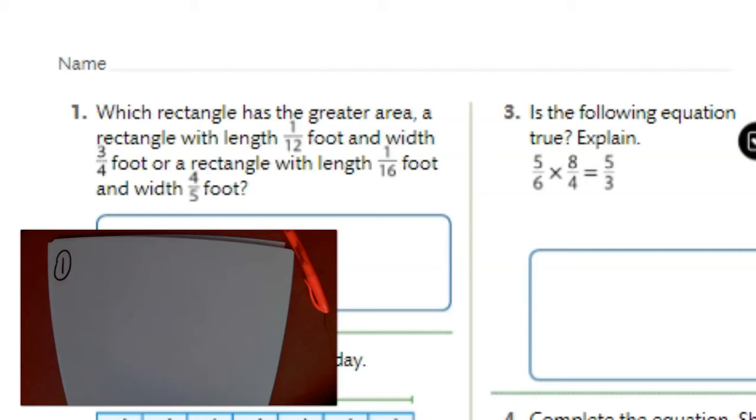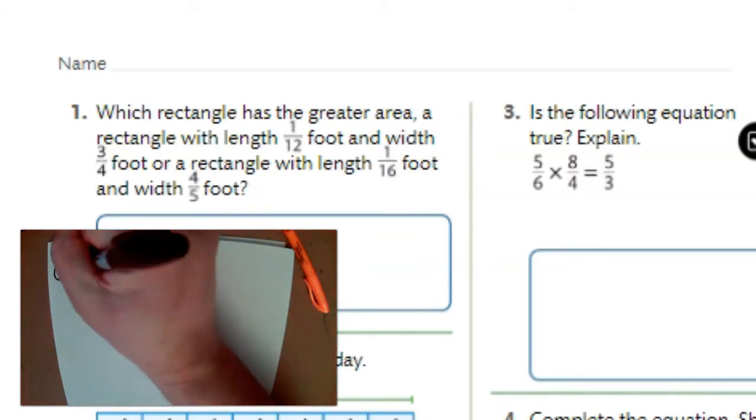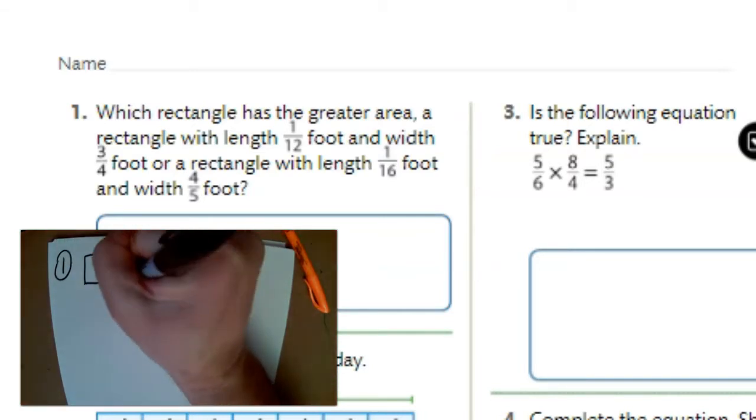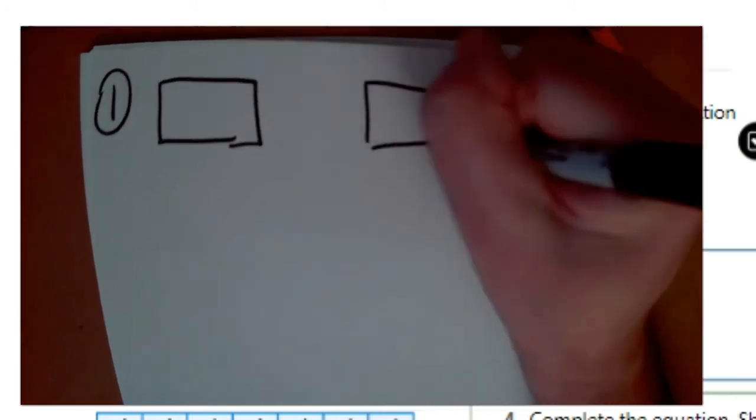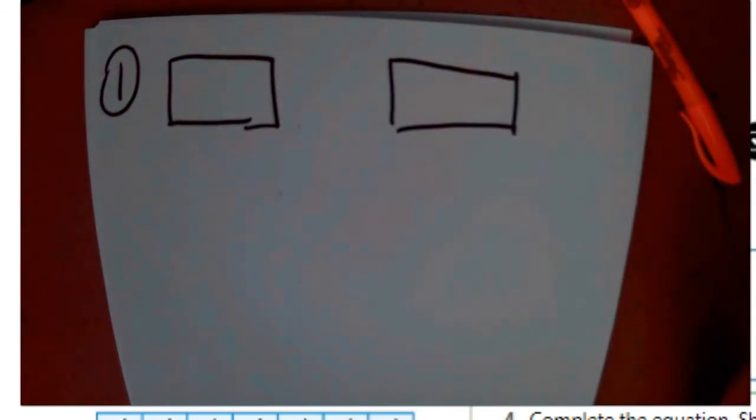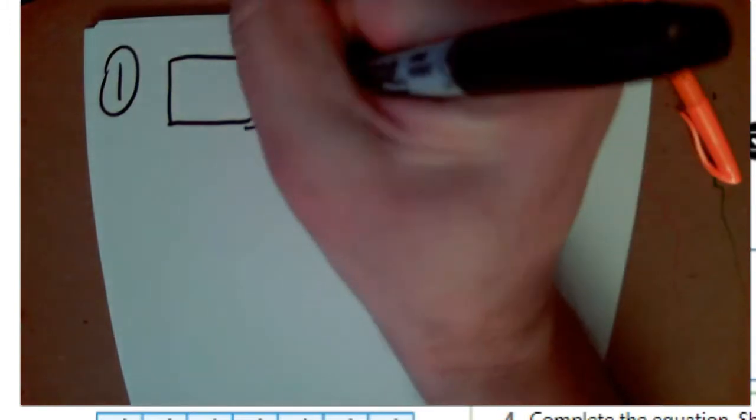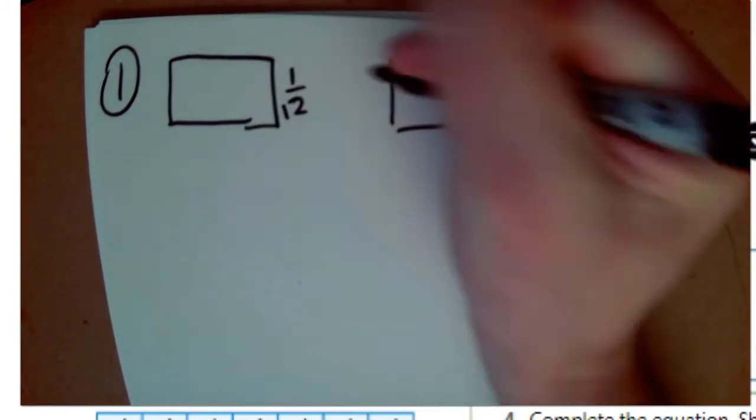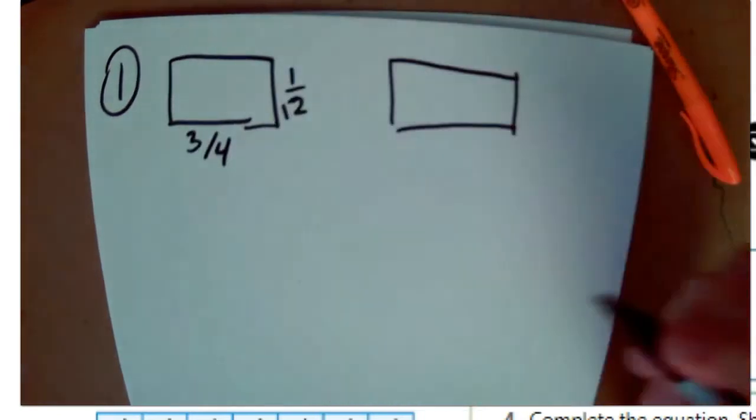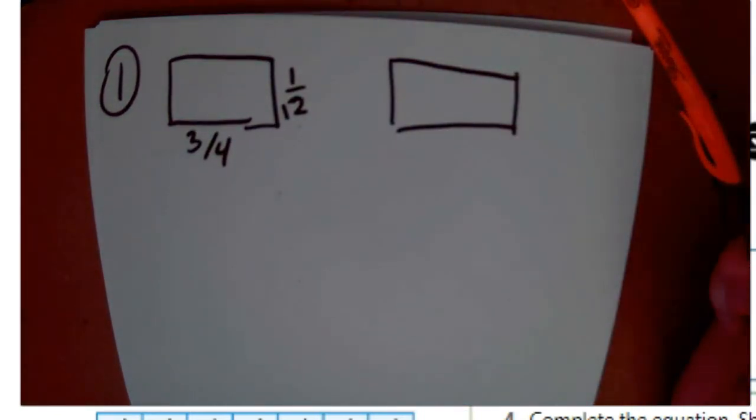It says, which rectangle has the greater area? A rectangle with a length of 1/12 foot and a width of 3/4 foot, or a rectangle with a length of 1/16 foot and a width of 4/5 foot? Okay, so I've got two rectangles here. I'm going to recreate these rectangles on my page with some poorly drawn rectangles, apparently. So we have a length of 1/12 foot and a width of 3/4 foot for the first one. That's 1/12 and 3/4. The second one is 1/16